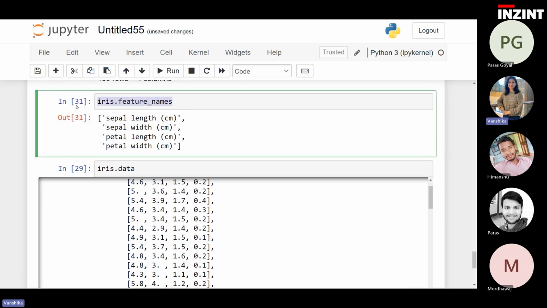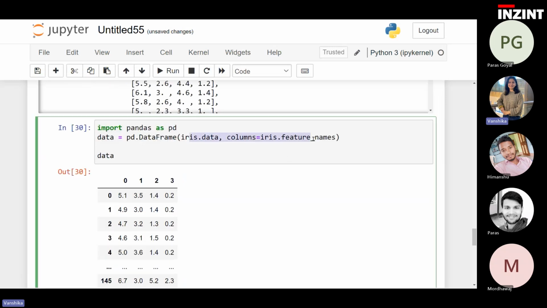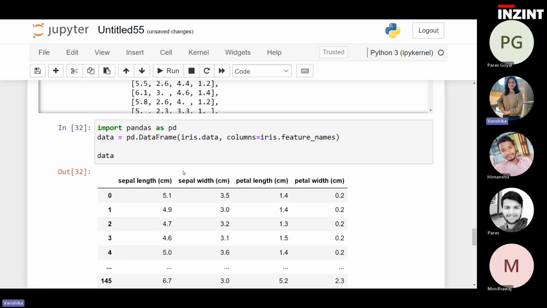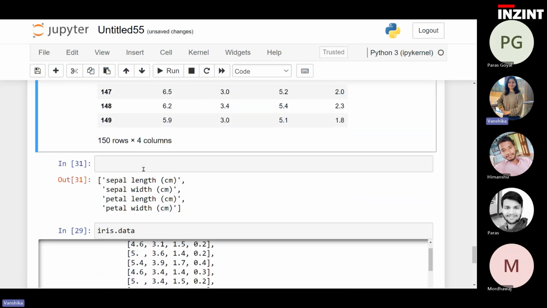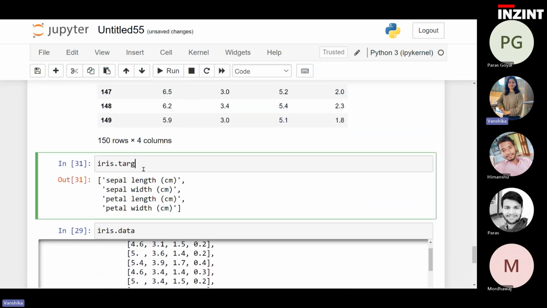So you can pass it directly inside your column parameter, and then you will have feature names at the top of your data frame, ठीक है। कॉलम के नाम भी आ गए। अब जो मेरा टारगेट कॉलम है, दैट इज द स्पीसीज वाला कॉलम, उसके लिए जो की है दैट इज टारगेट।